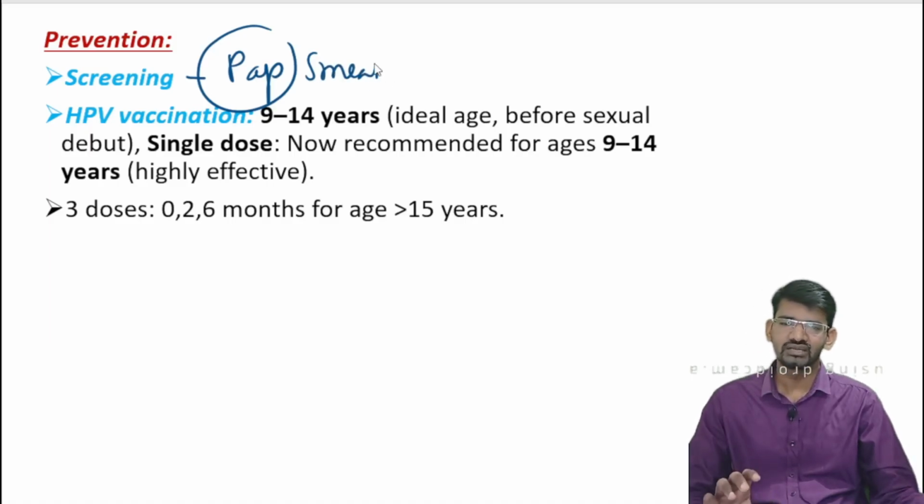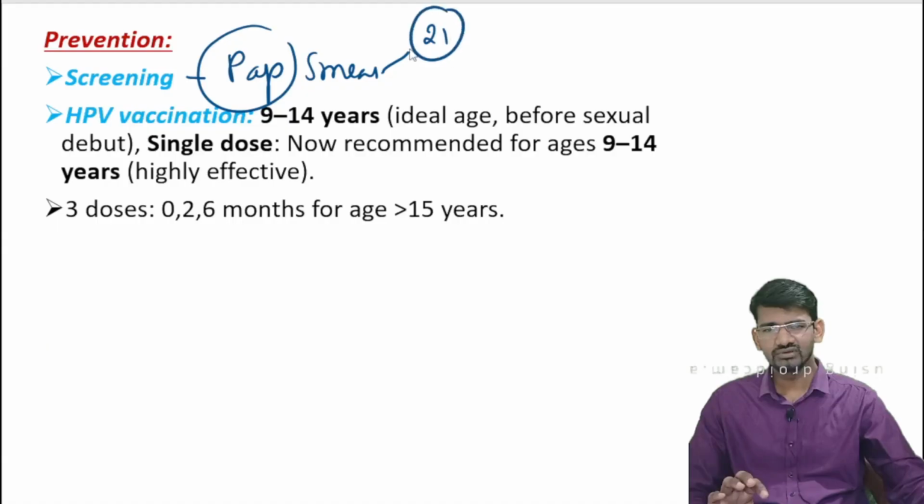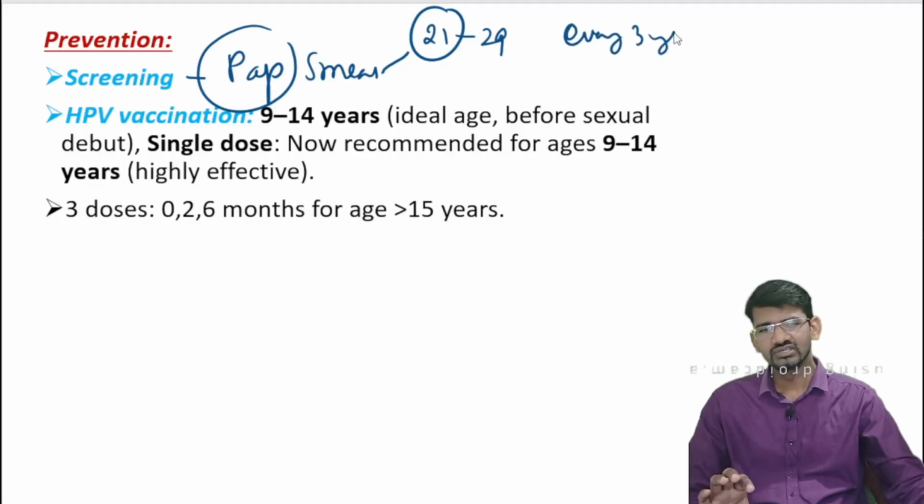Screening will be done to identify cases of CA cervix in the early stages. It will help you identify the precancerous stages, and even the cancer status. The pap smear screening will be done from 21 years of age, not below this. From 21 to 29 years, once every 3 years,